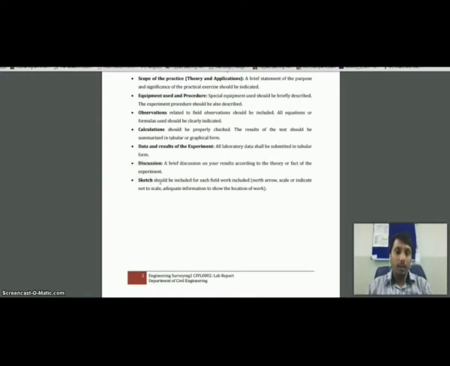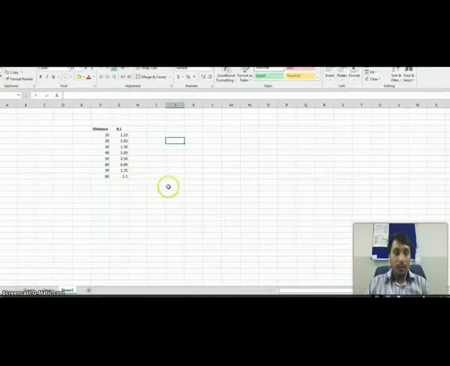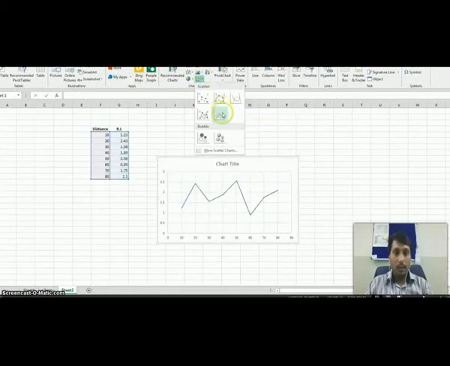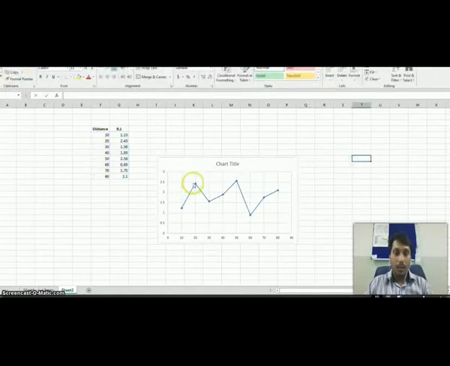Your graph will be you plot a graph, right? I'll show you how you plot a graph. If you see, these are the distances in meters and these are the reduced levels. Select these 2 and plot a graph. Use this one. Okay. See here, the ground is not flat. The ground is undulated. So you can see the ground is not in a proper level. This ground is having undulations, ups and downs.